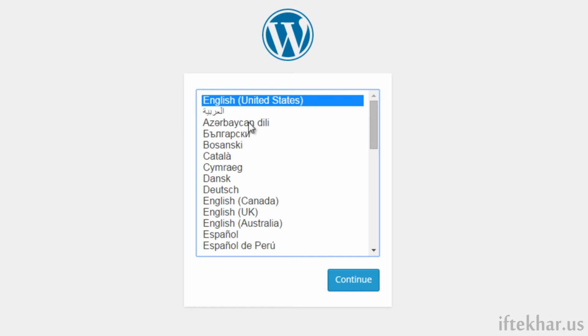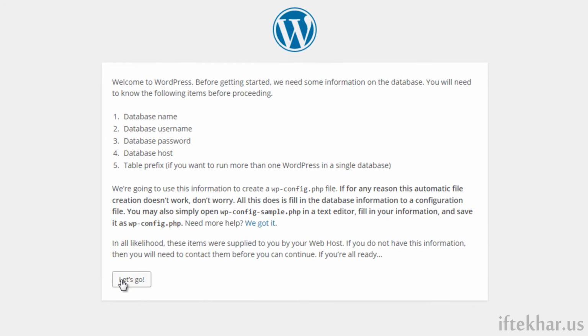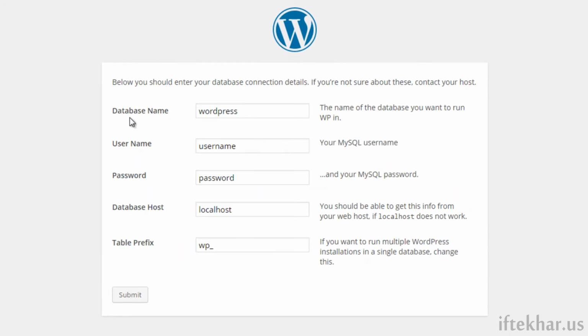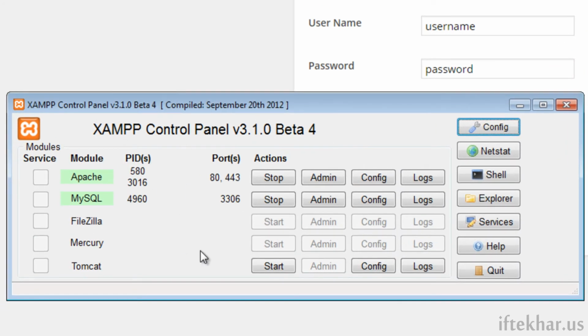Now select the language that you like. I'm selecting English as a default. Click continue. Click let's go. Now at this point you can see we need the database name, username and also the password, database host, and also the table prefix. So what we need to do, go back to the XAMPP control panel and click on the admin button from the MySQL row. Click on it